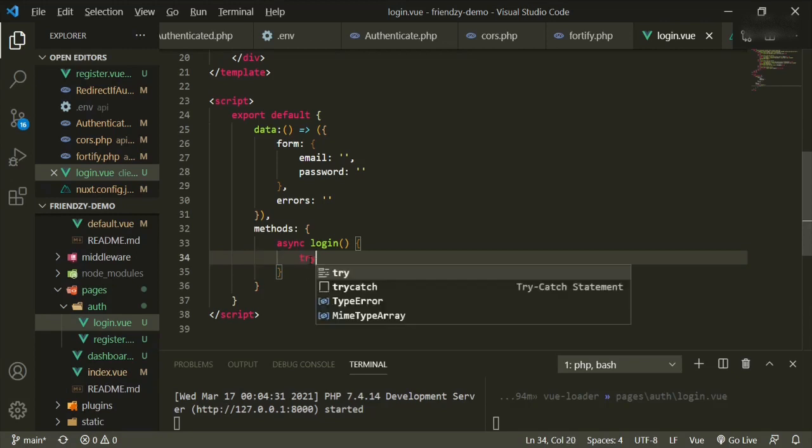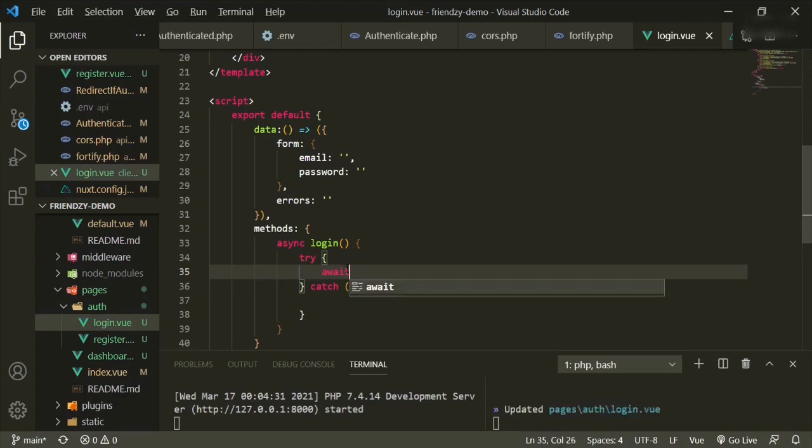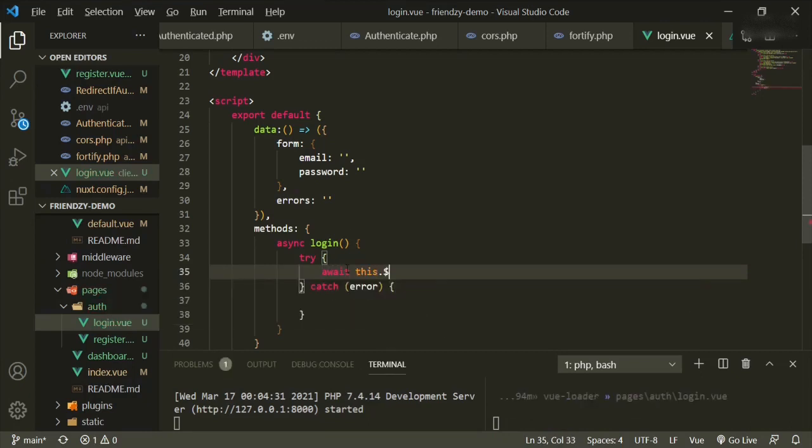Okay, so we're going to do another try catch, and then it's going to be await this auth.login with Laravel Sanctum. Open that up, and it's going to be data this form,